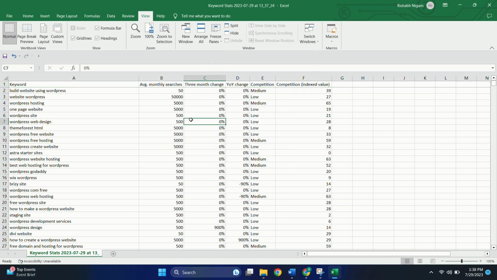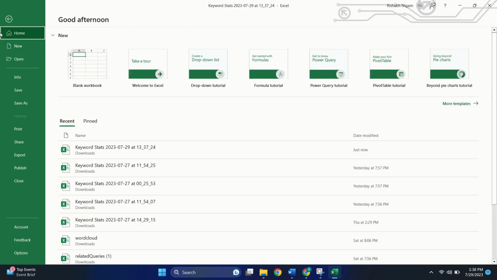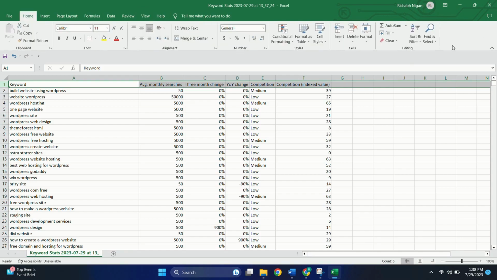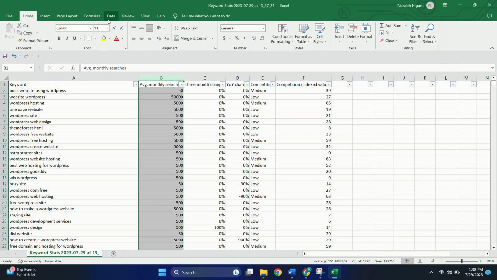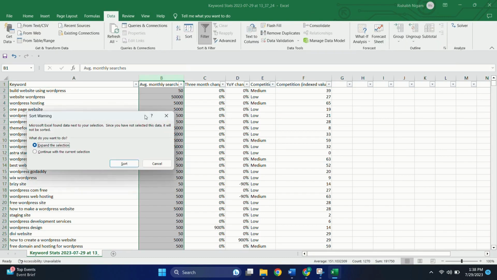Let's also create a filter on the first row. Now let's sort column B so that we have the highest monthly searches at the top.